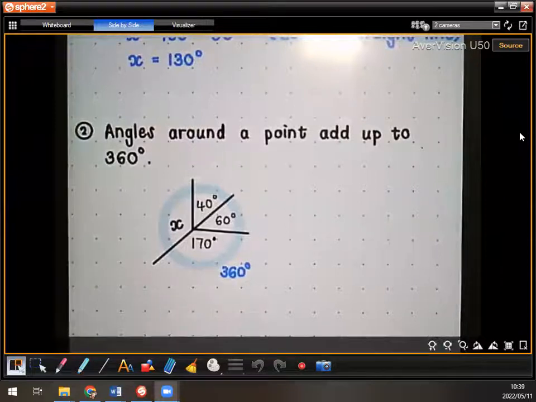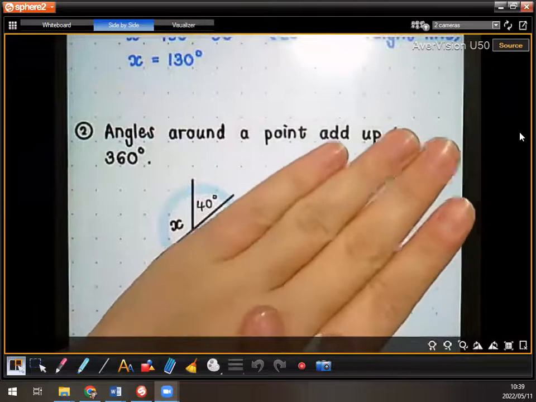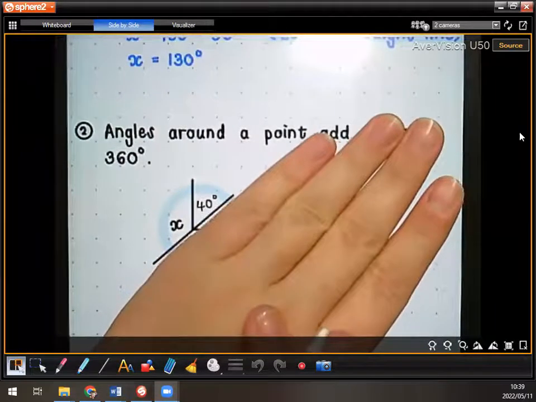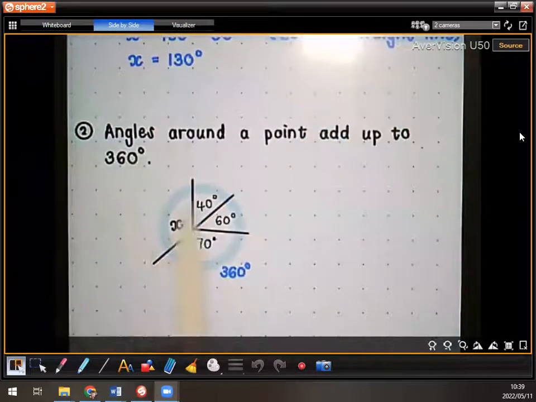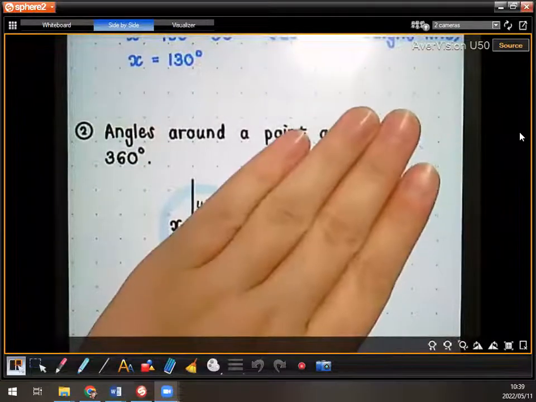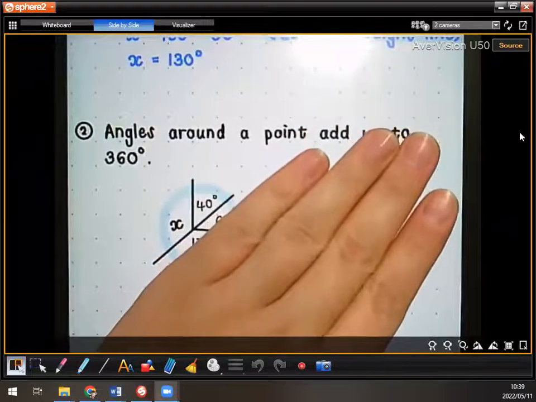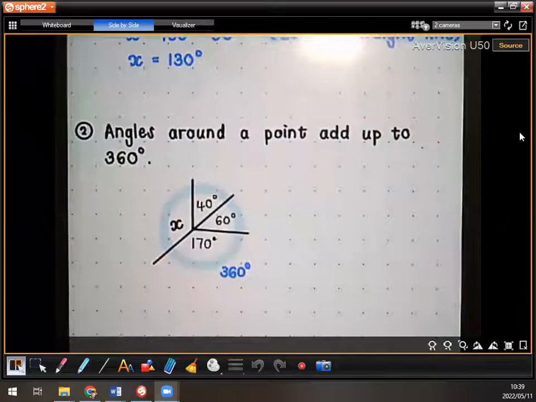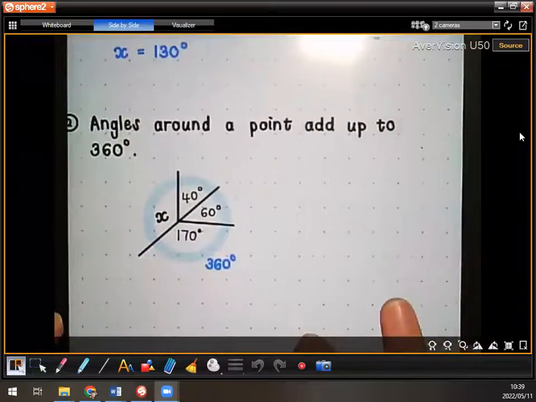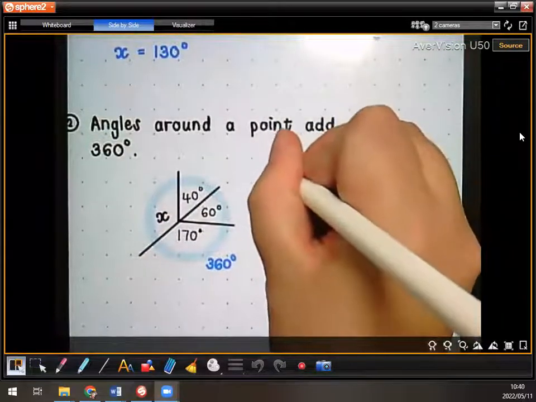Now, guys, we could actually have used the angles on a straight line to get x here as well. If we just look at that line there, do we see that? So we could have done that, but just because I want to do an example where we're doing angles around the point, let's choose that method. But in the exam, 100% if you do 180 minus 40, you get it. Okay, that's perfect. So let's just quickly write here, I'll write on the side, x is equal to